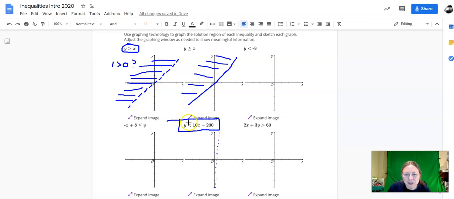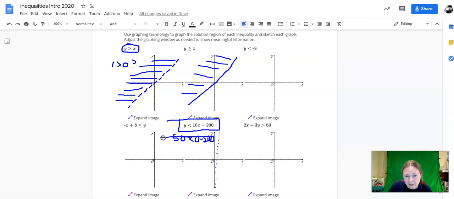And then I need to shade in the region where y is less than 10x minus 200. So pick a point on the graph. Let's say we do 0 on the x, positive 50 on the y. So we'd plug those numbers in. 50 less than 10 times 0, which is 0, minus 200. And we ask ourselves, is that true? That's not true. 50 is not less than -200,